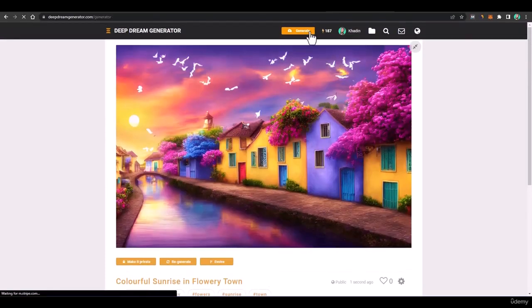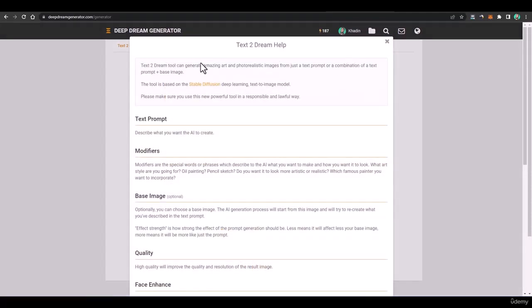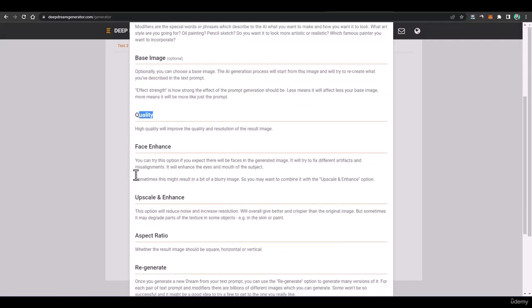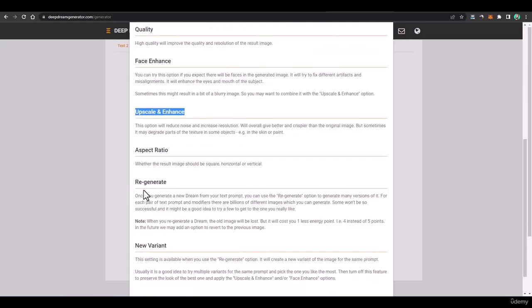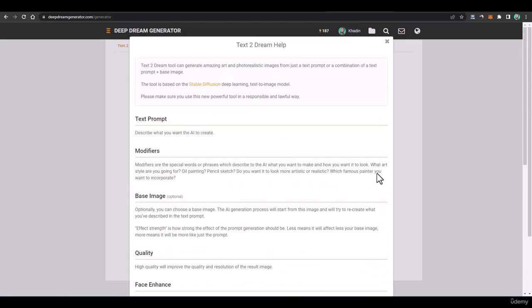Now we'll again click on generate, and here you also have an option for a random prompt. And here in the help section you have the complete guide: what the text prompt is, and then what the modifiers are, what the base image is, what the quality is, what face enhance is, what upscale and enhance is, aspect ratio, regenerate, and new variant. So all the guide is here for you.